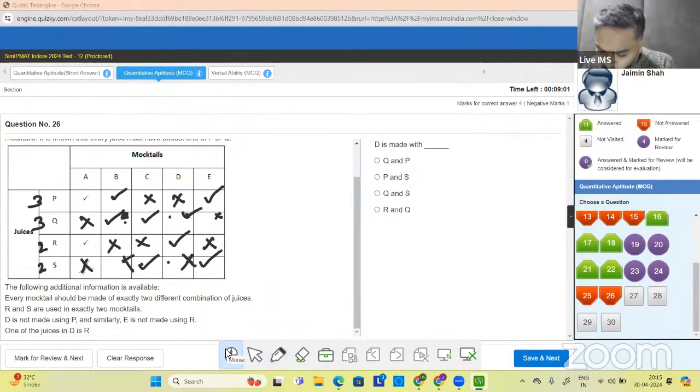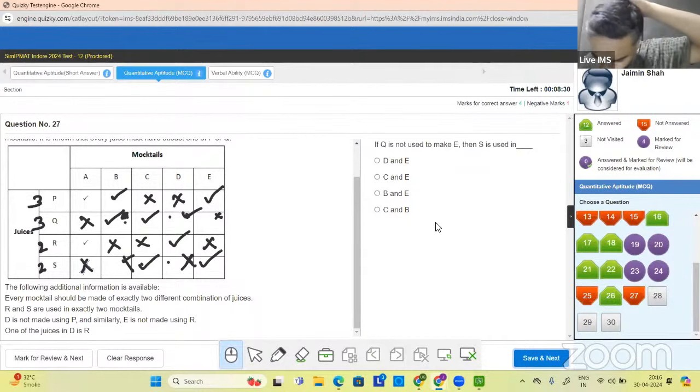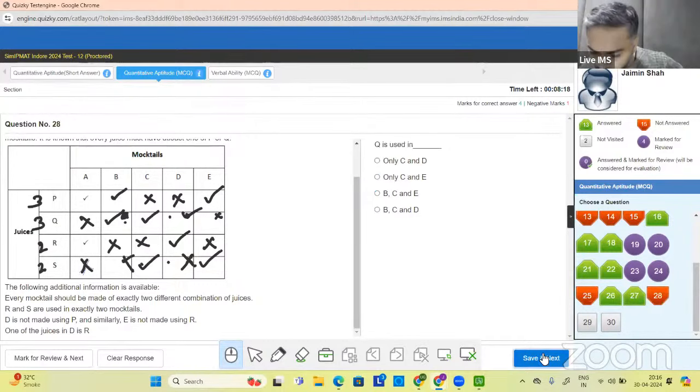D is made with, so D is made with basically Q and R. Q and R किधर है? Q and R बराबर. Okay. If Q is not used to make E, हाँ ठीक है, then S is used in C and E, sorry, हाँ C and E is this option. ठीक है. Q is used in